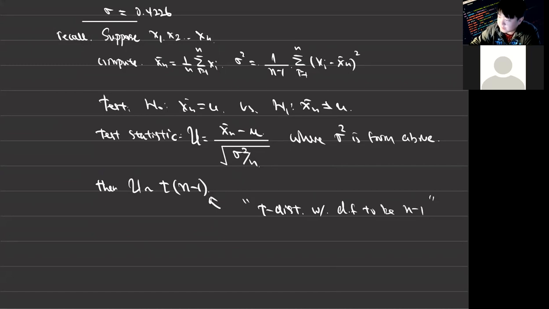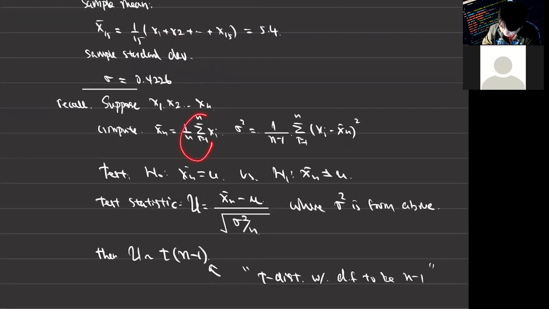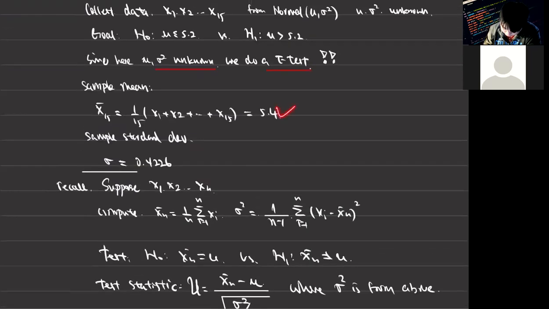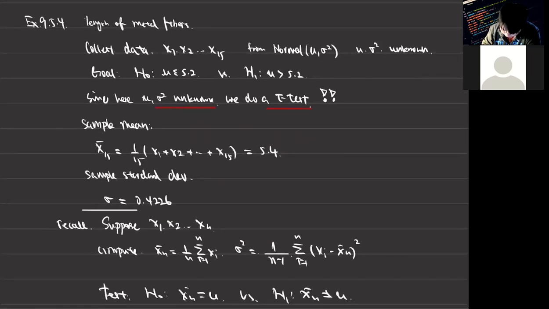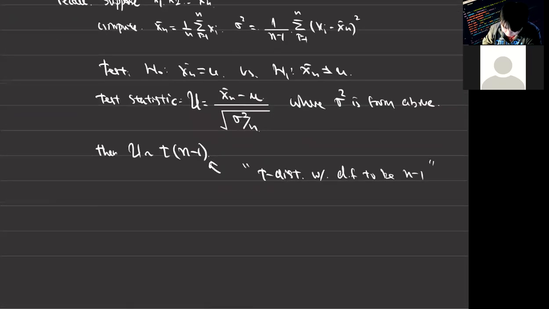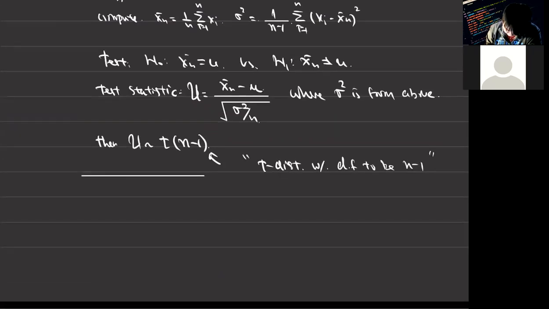So in this example, fortunately, the numbers all told us we don't have to do any of this stuff because they told us here. We can literally just plug in a number. So here it's 5.2. So we have all the pieces that we know. So in this example,